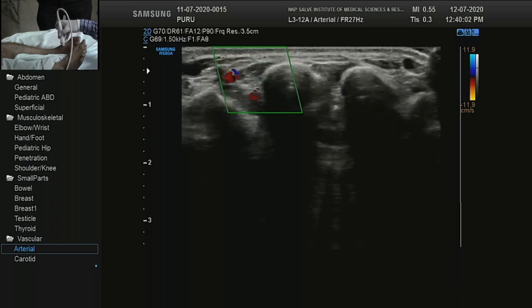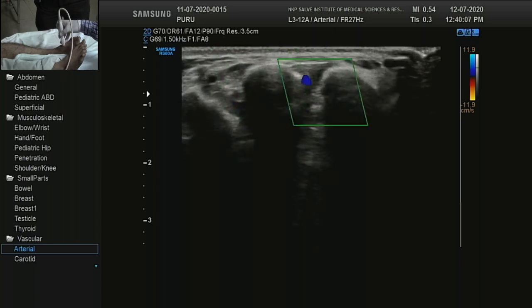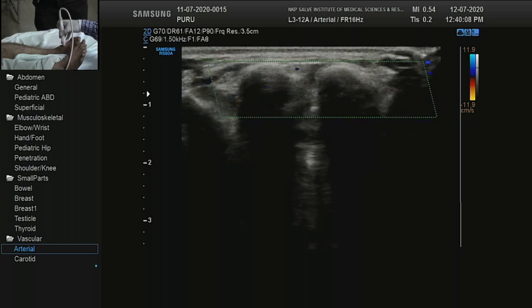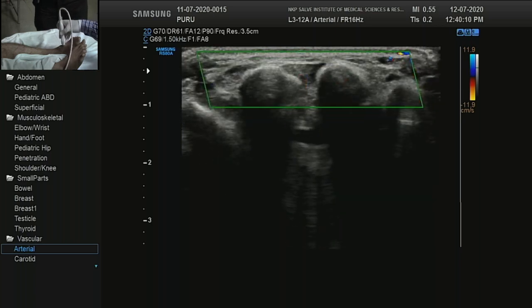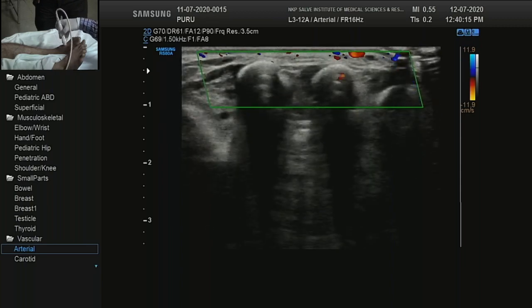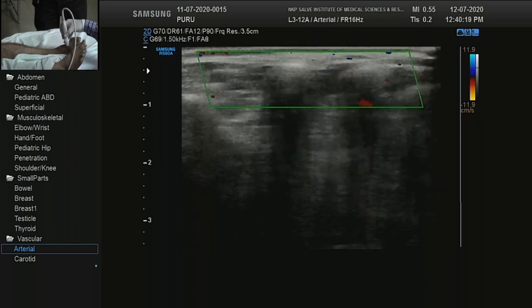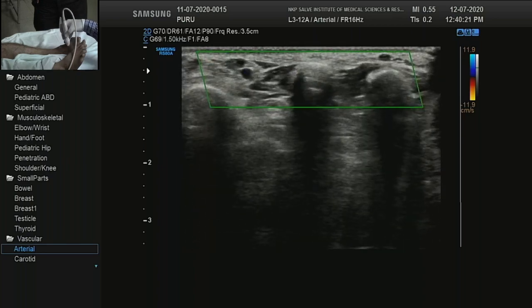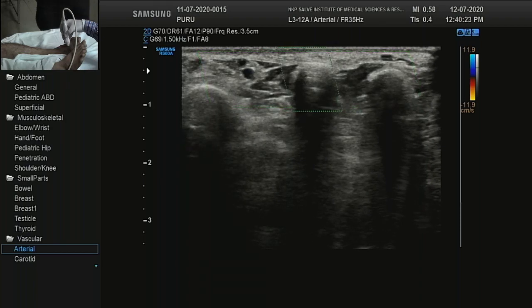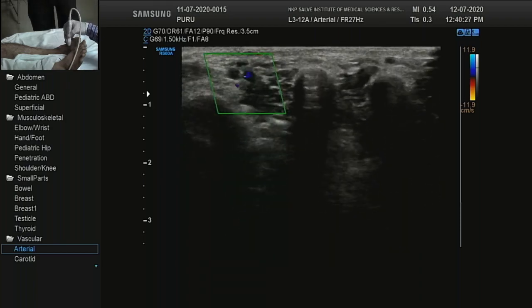You don't need to change settings. Normally they are seen in between the metatarsals. You can see them. I can just fan this out and show you multiple vessels at one time. So whenever there are ischemic changes in certain digits, you can do that, or you can limit your color box to one space and try to see.